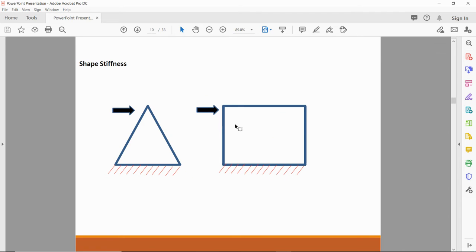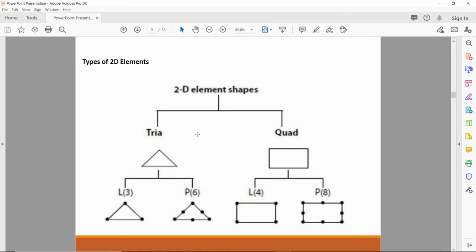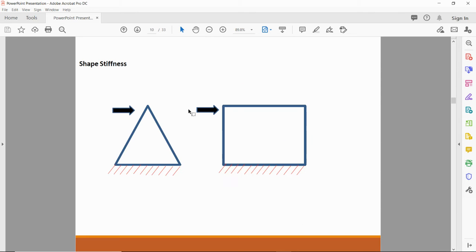Shape stiffness. This is an important concept in meshing. As we see, the tria and quad elements are the basic two shapes for the 2D elements. In meshing, the triangular shape has more stiffness. That's why it will show lesser deformation in analysis.